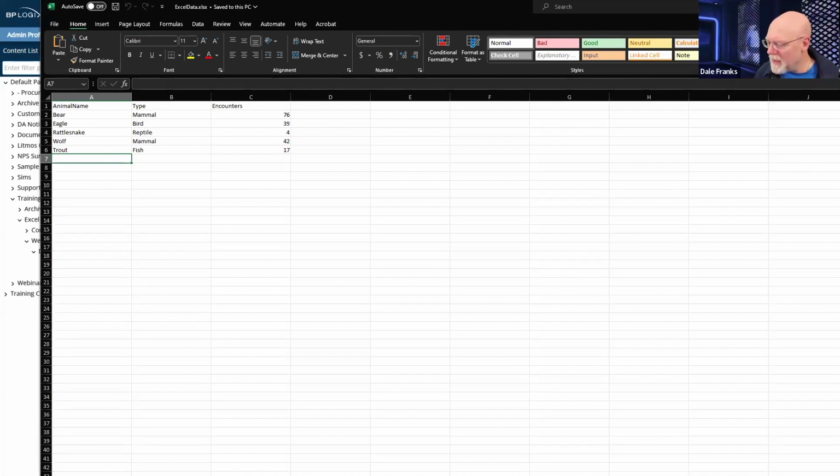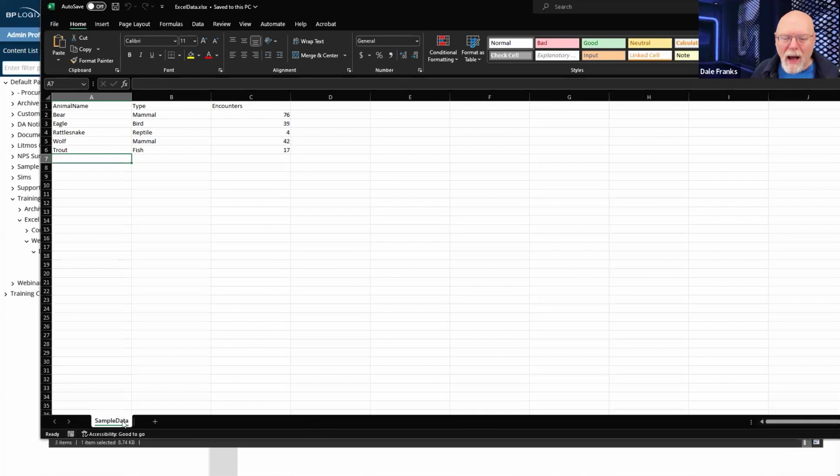So in the Excel workbook, let's go here. I have this sheet, and the sheet is called sample data. One of the things that's important whenever you're importing an Excel file is to be sure that this does not just say sheet 1 or sheet 2 or sheet 3. Those are the default names that Microsoft gives to Excel worksheets inside a workbook.